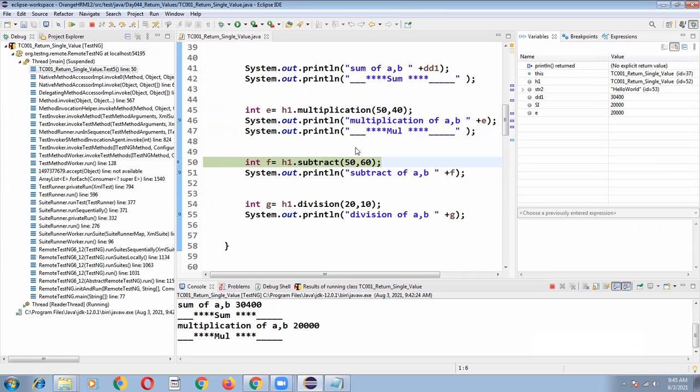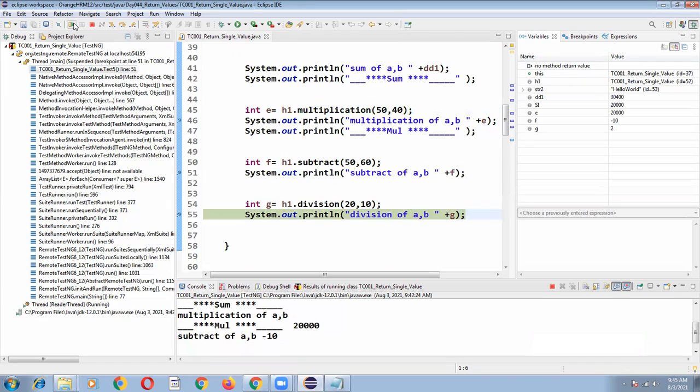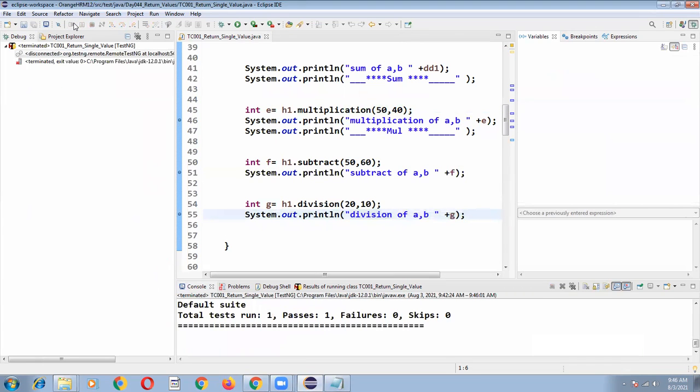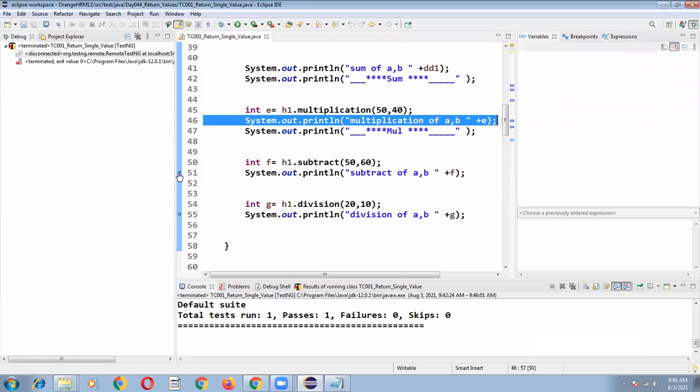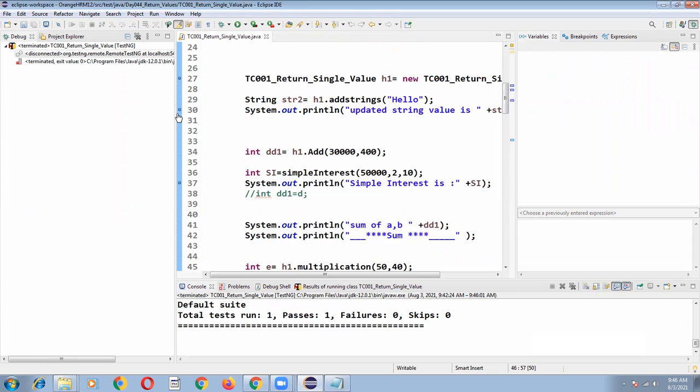So we understood how to execute the lines of code step by step. If you want to resume and complete the remaining steps, just click on this one, and everything will be completed. Wherever breakpoints are there, the execution will be paused at the breakpoints. And if you want to remove these points, you can double click again. So that's it. Whenever you execute these scripts in debug mode, the execution will pause at that breakpoint. So now we understood about F6 and F5.